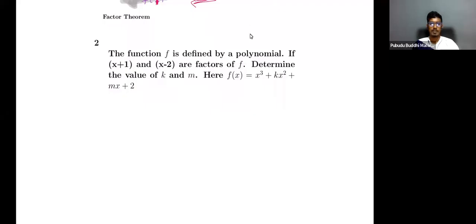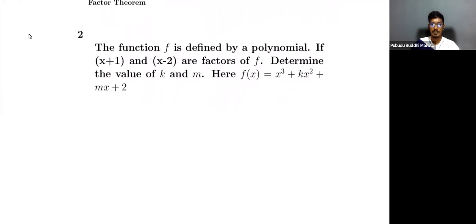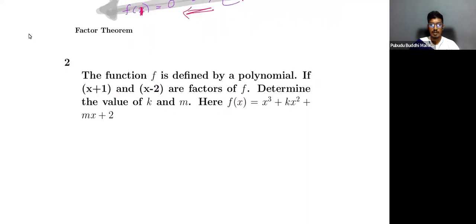Okay, for this problem, quite similar to the previous one, we have two factors, right? So what's the meaning of that? The graphical meaning, because that's important for us. So x plus 1 and x minus 2 are factors of f, which means if you express this function like this, f of x,